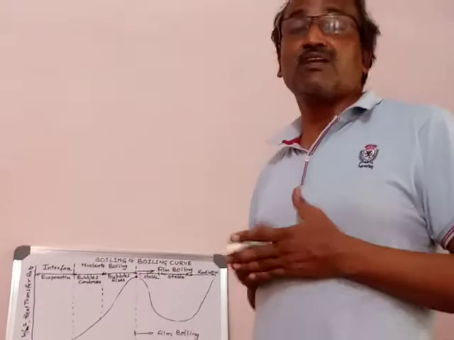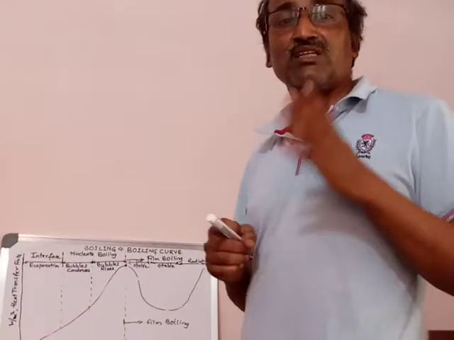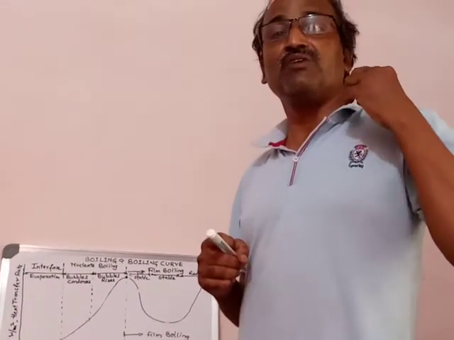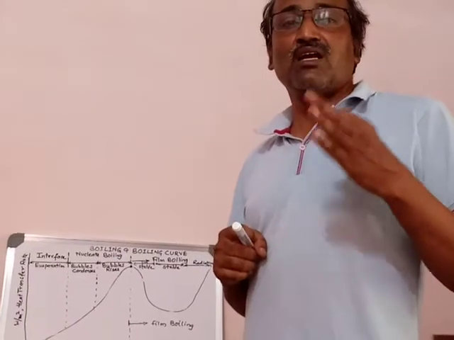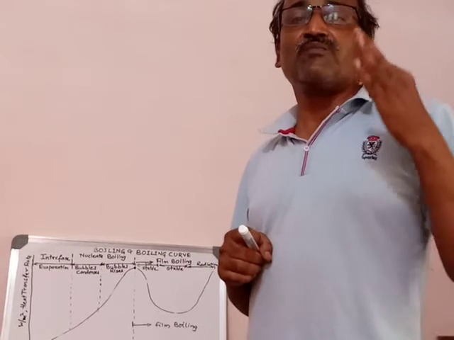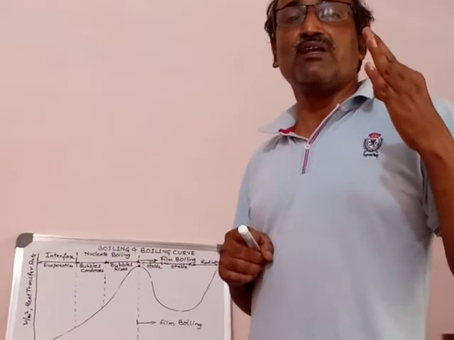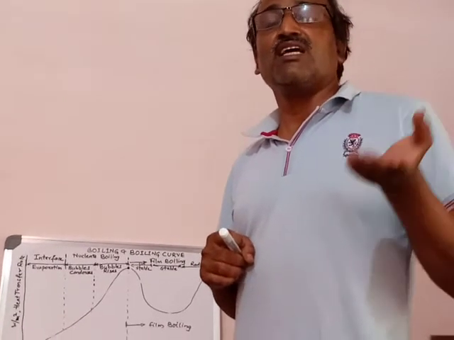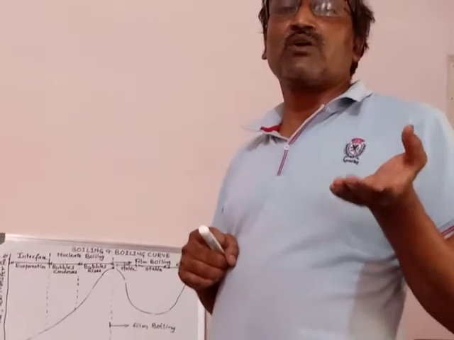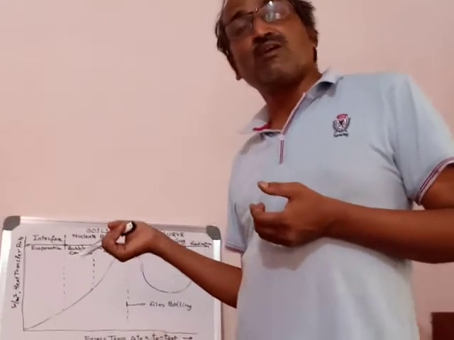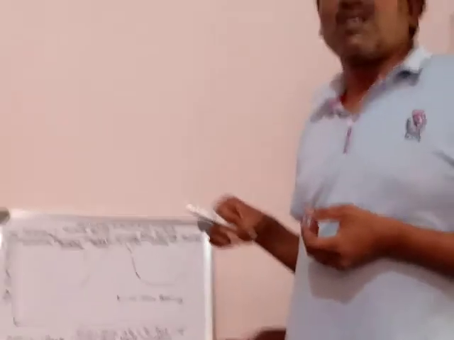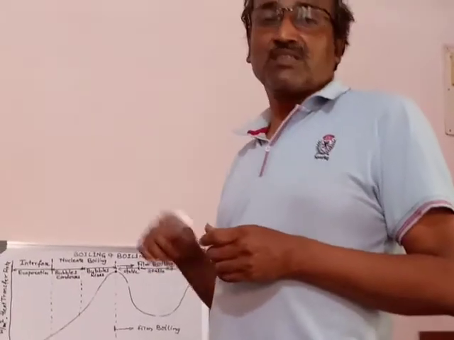In this chapter, boiling and condensation, remember that if they wish to give theory, they will ask what is boiling and give the definition of boiling, or explain the boiling curve for a nichrome wire immersed in water. In the case of condensation, they will ask what is condensation, what is film condensation, what is dropwise condensation,